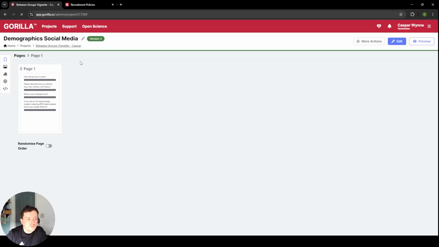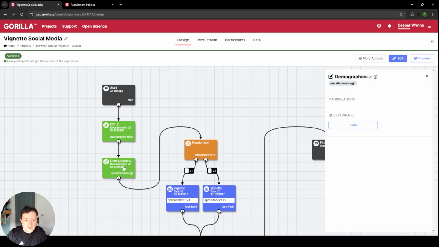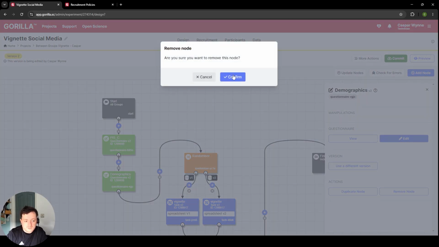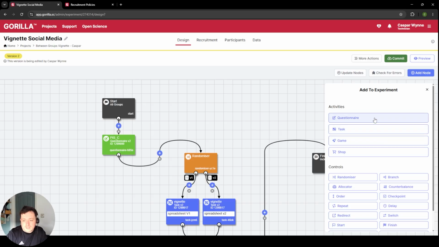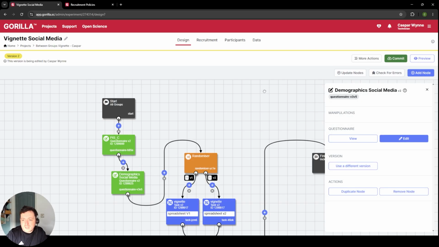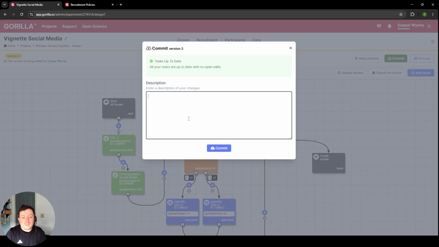And the reason why we've done that is because in our social media version, we want to change this questionnaire. So I'm going to remove this. Going to remove that node and add in our demographics for social media. And the reason why we're going to do that is because participants may not have Sona IDs when they come to this bit. So we're going to click commit, added in the social media demographics questionnaire,